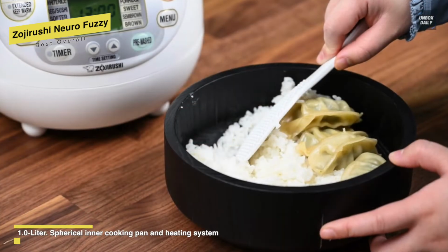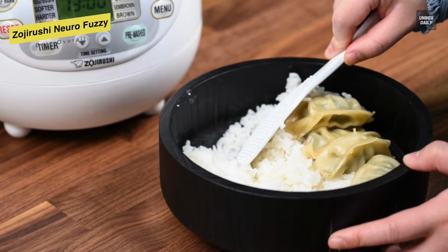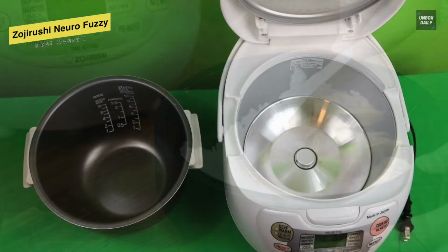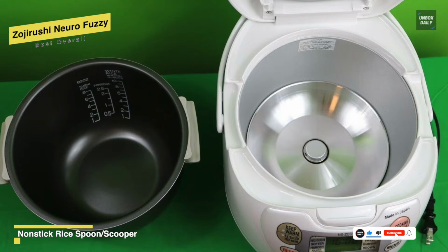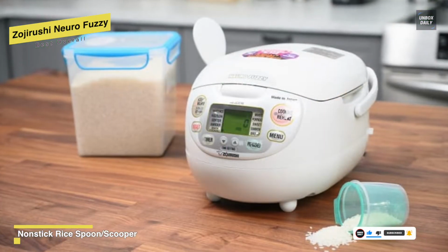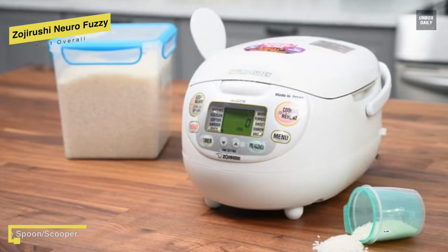includes a variety of cooking functions, comprising of white like regular sushi, softer or harder, mixed rice, porridge, sweet, semi-brown, brown, rinse-free, and quick cooking. It uses a black thick spherical pan with stay cool side handles that provides even heating for better cooking. And in addition to that, there is also a programmable melody or beep audio indicator to indicate when the cooking